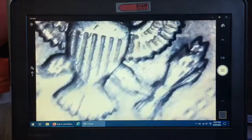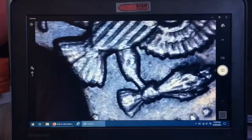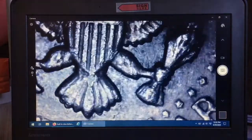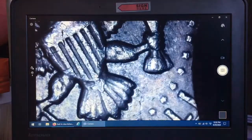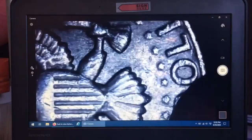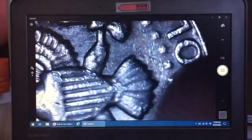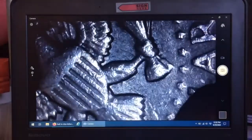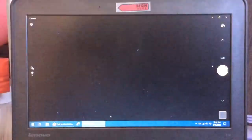So this is a known date that doesn't have it on some, and I happen to find one that does not have it. To be clear, you can't make out any trace of an F or a G to have it be classified as the error. So it has to be completely absent, which on this one it is. What they did is they buffed it down too much on the planchet, and it's not there. So those are pretty cool. Two little errors, but